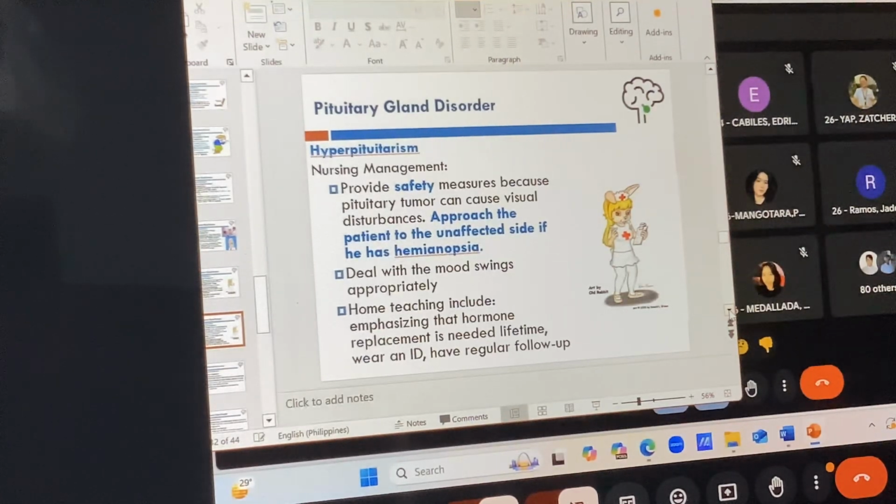Now, the health teaching can include emphasizing that hormone replacement is usually needed for life. So, kailangan i-emphasize natin very strictly that the patient should never stop taking the medication unless nagkaroon